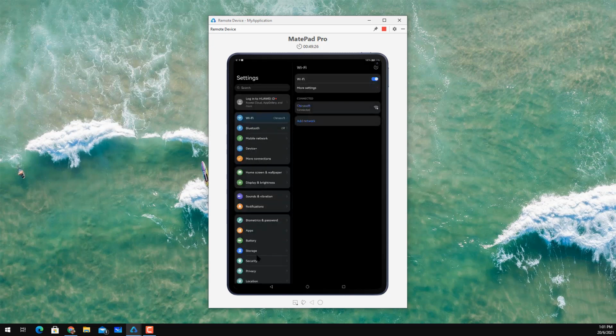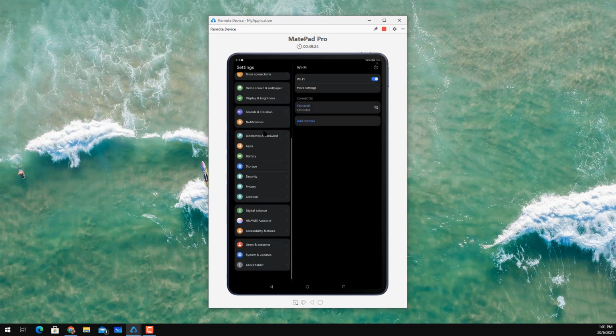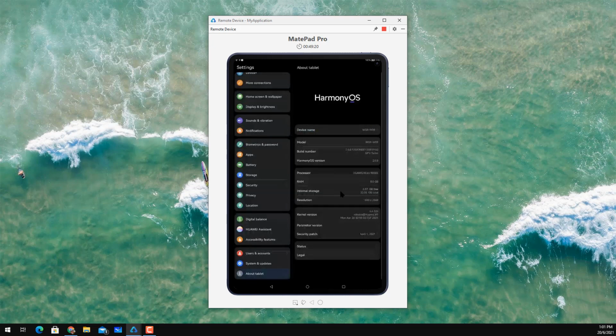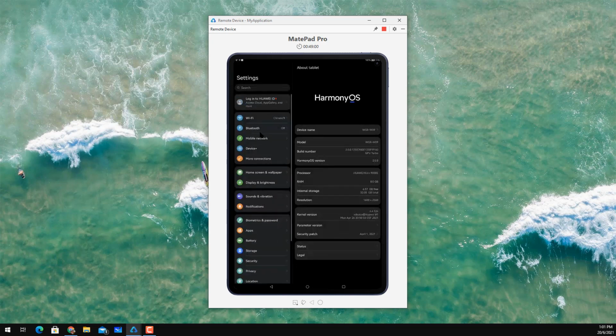So about, device name, HarmonyOS version 2.0, Kirin 9000E, 8 gig of RAM, and you can see, yeah, this is HarmonyOS. All right, so the rest of the setting, those are basically the same, and